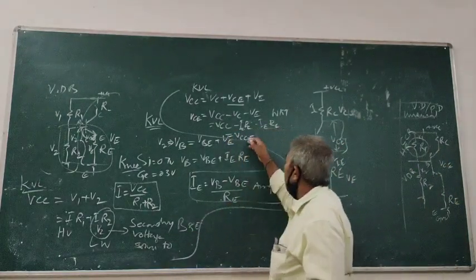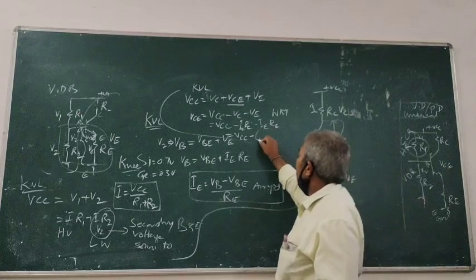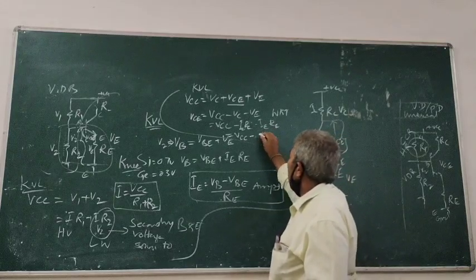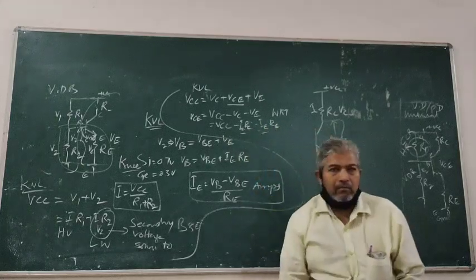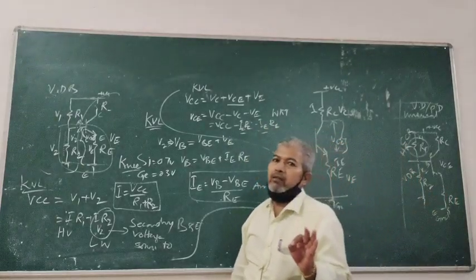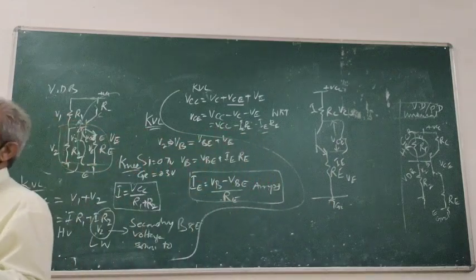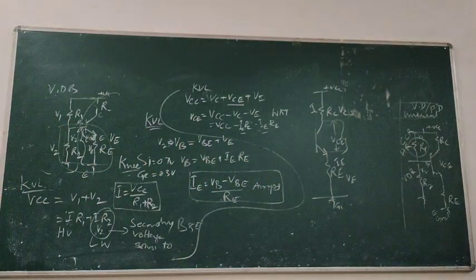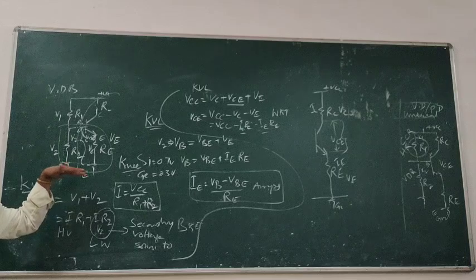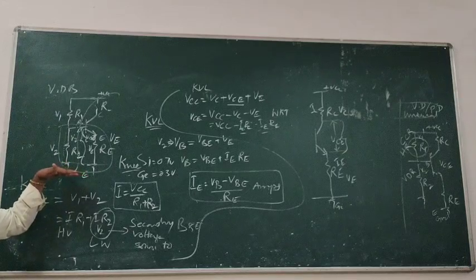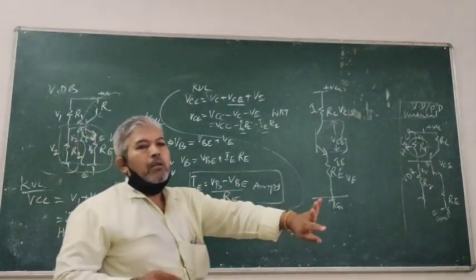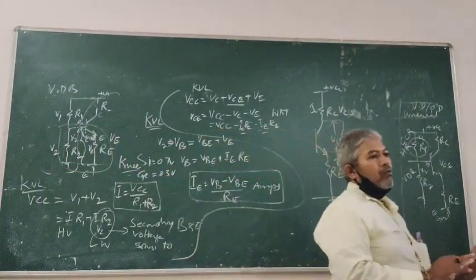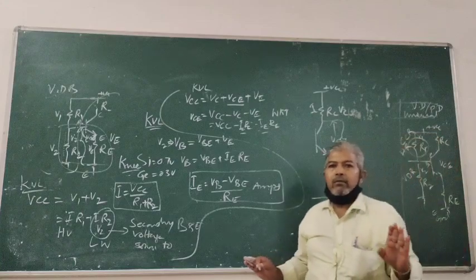VCC minus, let us club it. IC common is done. IE condition is there. IC is there, IE is there. It's a very important point. So just see here, in the common base amplifier, common base connection, whenever you input, the same output will come. That means wave shaping is not changed. No phase reversal will happen in that case.